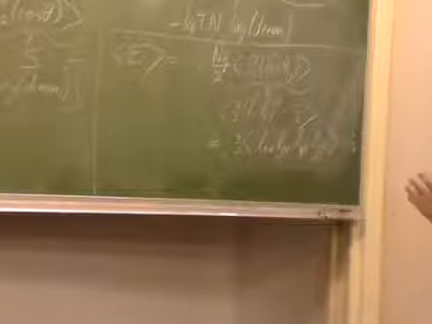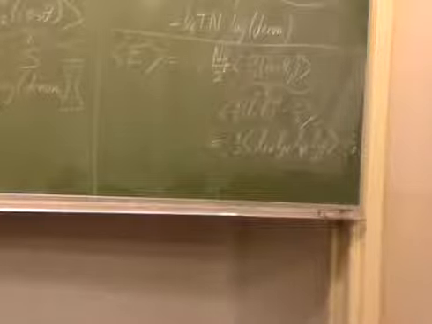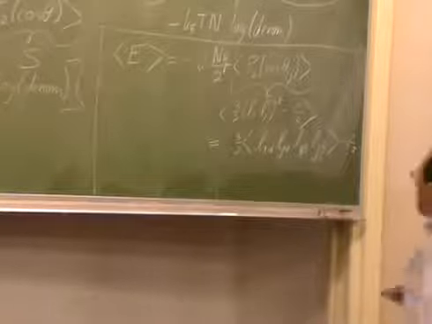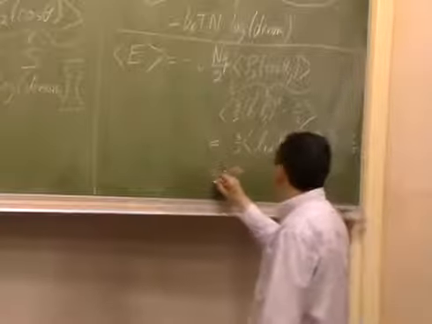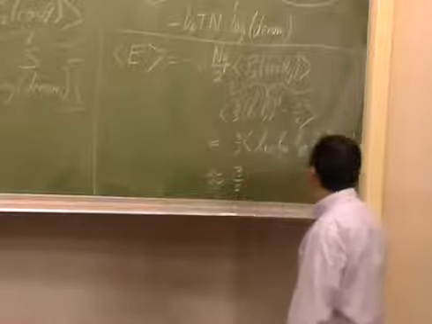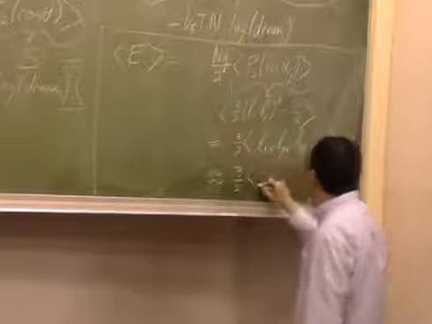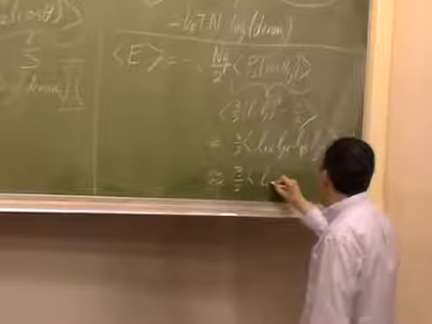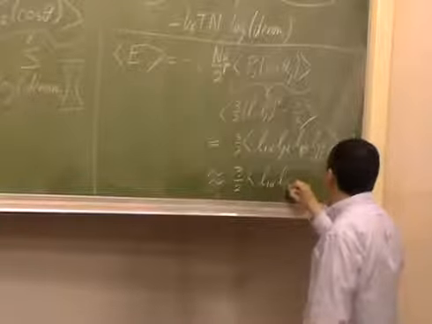Here comes our mean field assumption that these things are fluctuating independently of each other so that we can neglect those correlations. And so this is approximately, at the mean field level, equal to the average of Li alpha, Li